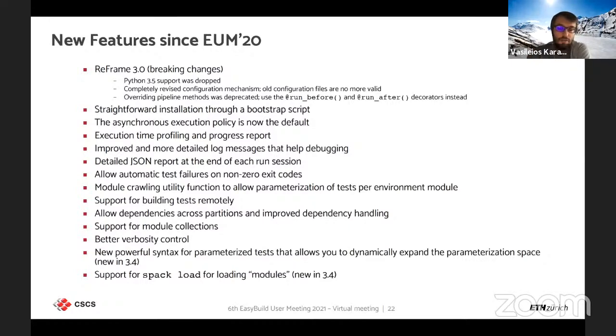We had a nice utility function that basically crawls for different modules. It's like the spider, but not. It works also with the T-mode. So essentially, you can parameterize your test to test all of those modules with a single test. That's quite nice. Better verbosity, and then we're having a new syntax introduced in 3.4 on how you can parameterize